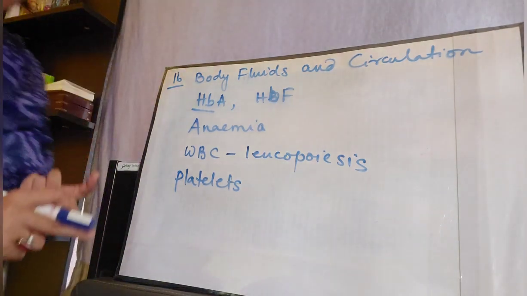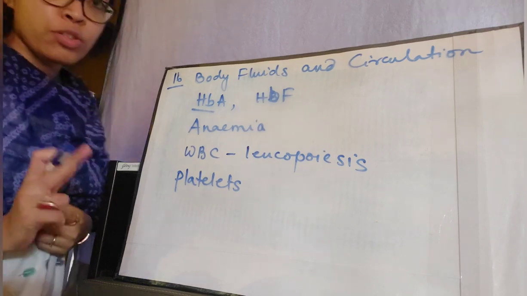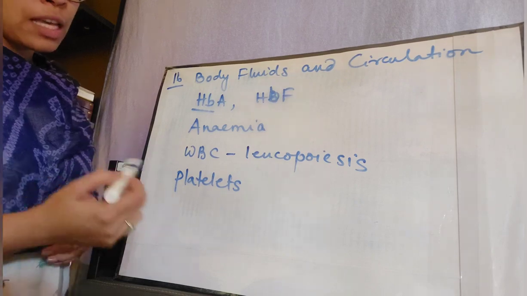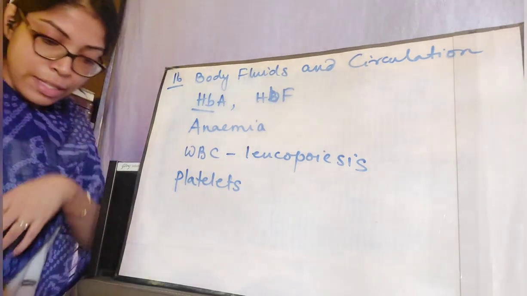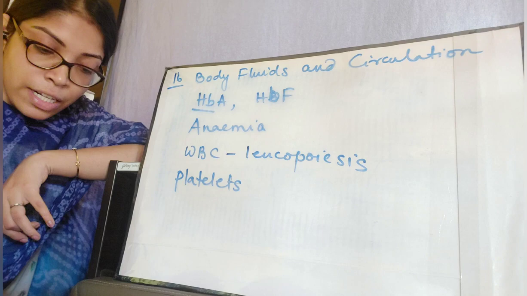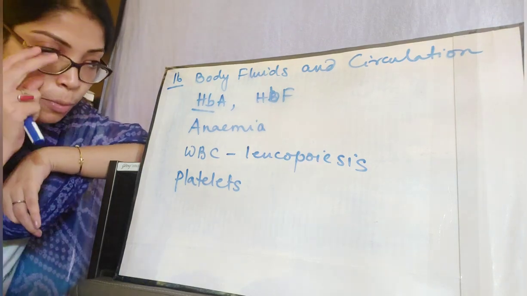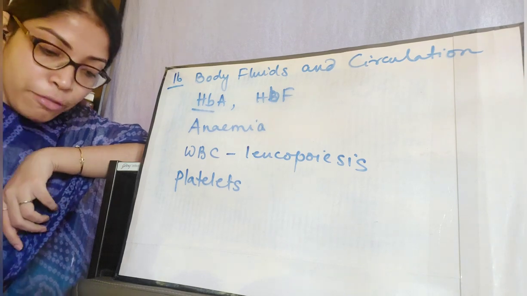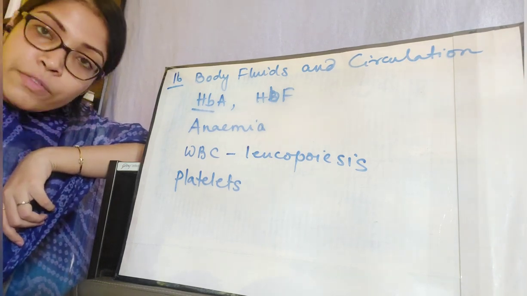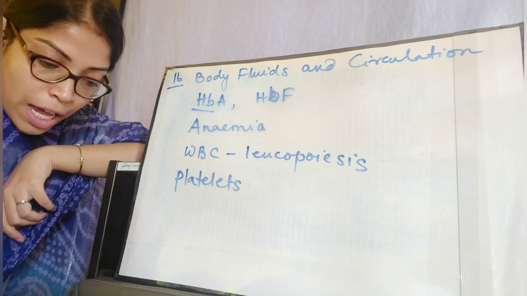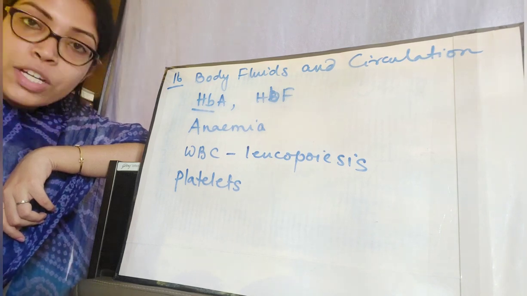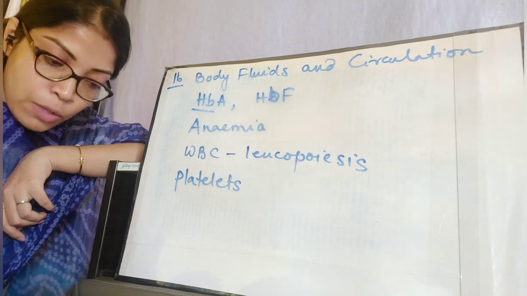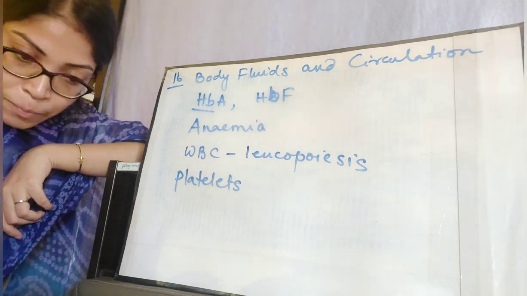Now what is their origin? Similar to erythropoiesis in the case of RBC, the formation of RBC, and leukopoiesis which I told you previously, the formation of WBC, the formation of platelets is known as thrombopoiesis. The other name of platelets is thrombocytes, so from the name thrombocytes the word thrombopoiesis comes, and it is the formation of platelets from the megakaryocytes of the red bone marrow. The lifespan of platelets is 3 to 7 days, and after that they are disposed of by the reticuloendothelial cells of the spleen.